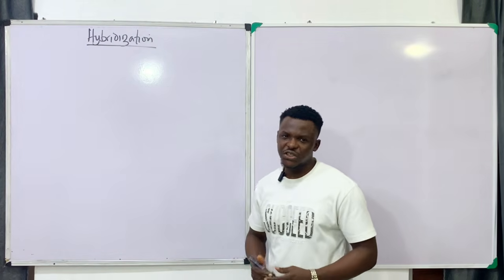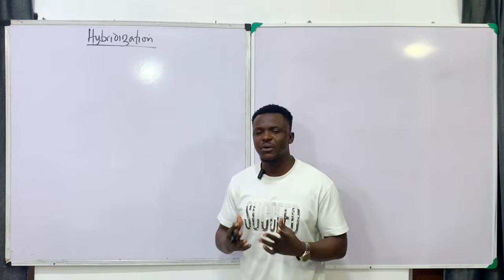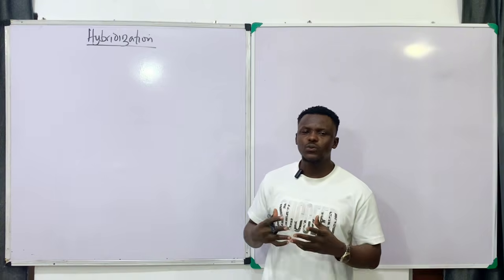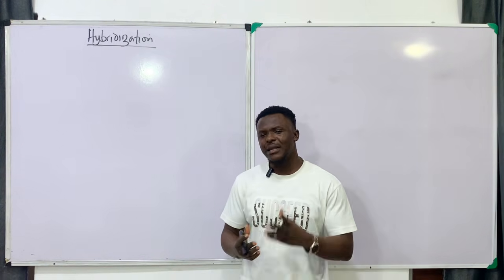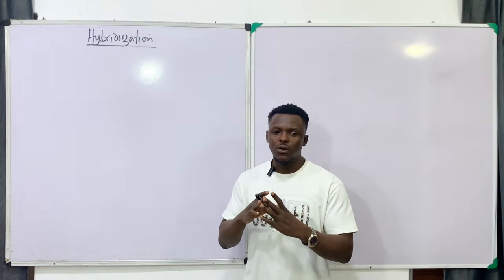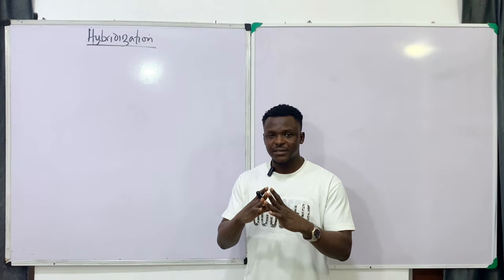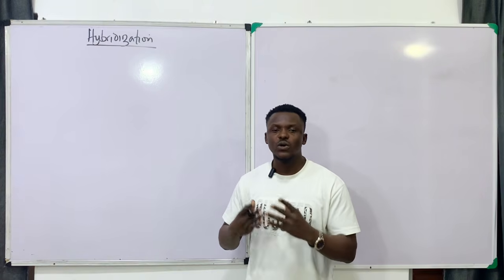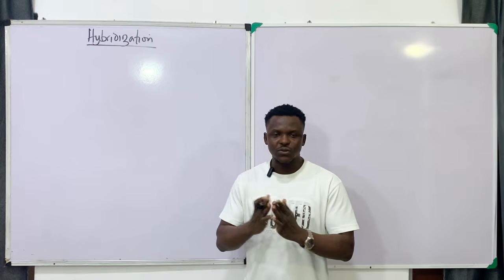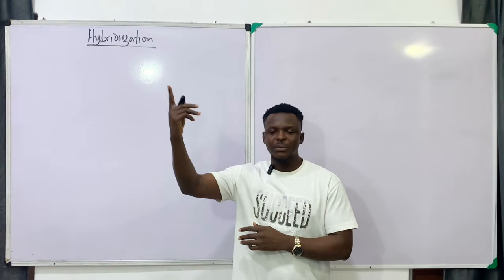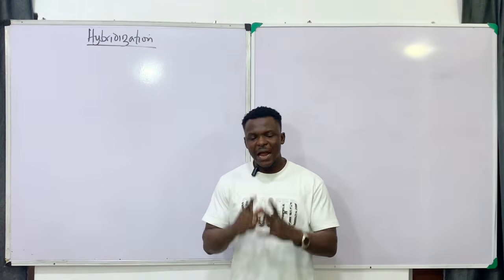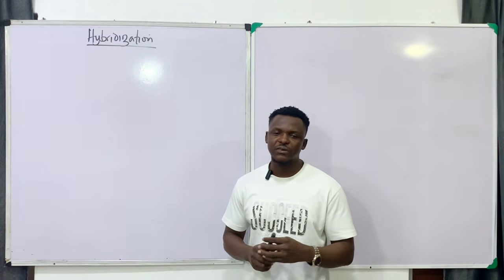Hybridization. What is hybridization? Hybridization is the mixing of atomic orbitals to form hybrid orbitals. Okay, now what do I necessarily mean in layman's terms? Let me explain something. An orbital is a region in an atom, or a space in an atom, where an electron resides. So anytime particular atoms want to undergo bonding, their orbitals will come together so that they will be able to form a bond with the orbitals of the other element. All right, so that is why we say that hybridization is a mixing of atomic orbitals to form hybrid